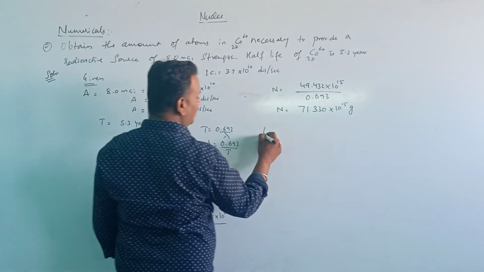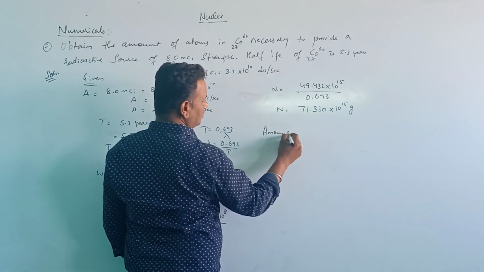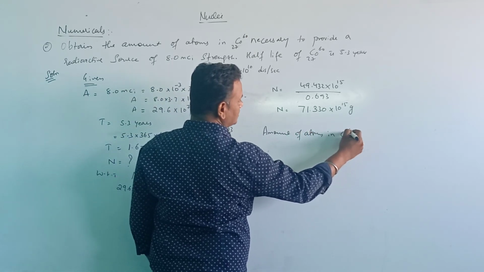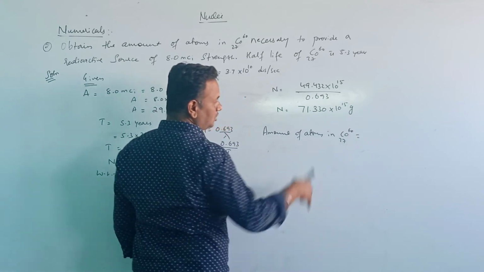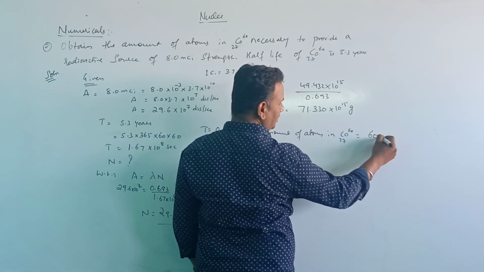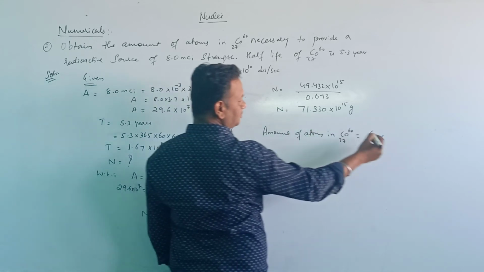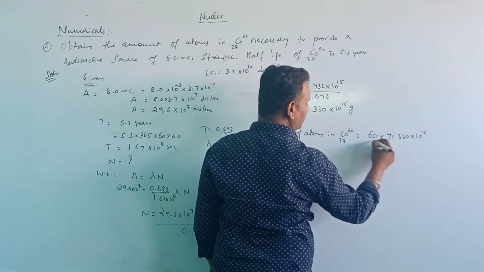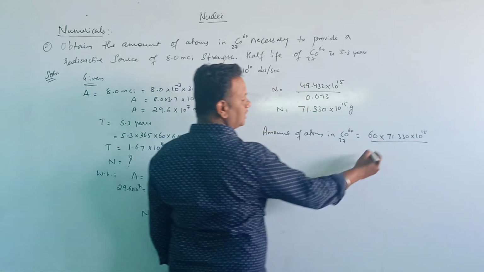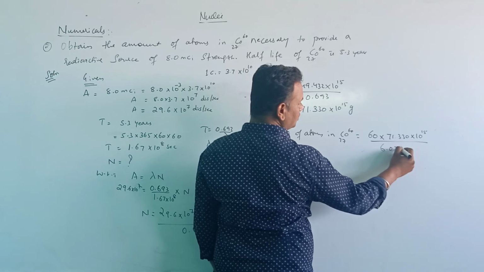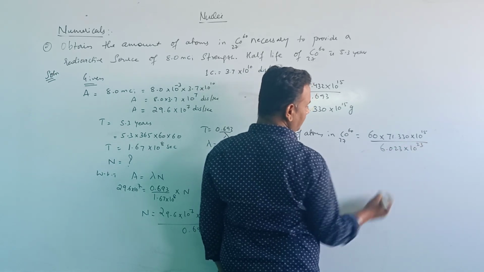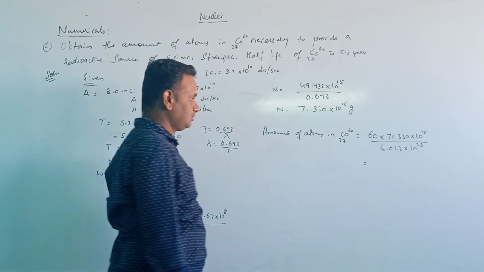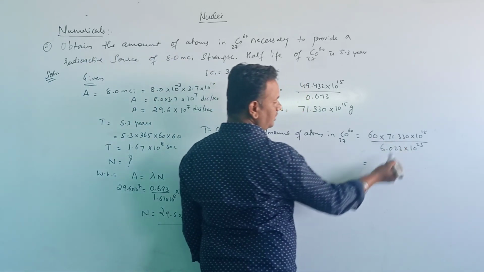I am writing here, amount of atoms in cobalt 60 is equal to mass number, which is 60, into how much? 71.330 into 10 to the power of 15, divided by the Avogadro number, 6.023 into 10 to the power of 23. Now 60 into 71.330,